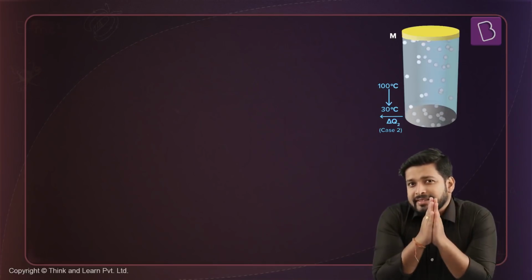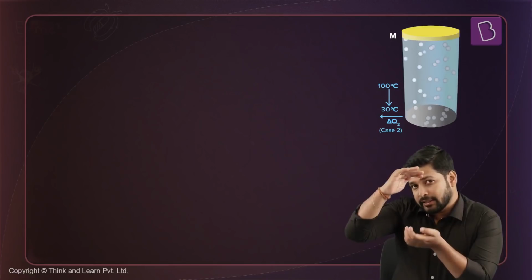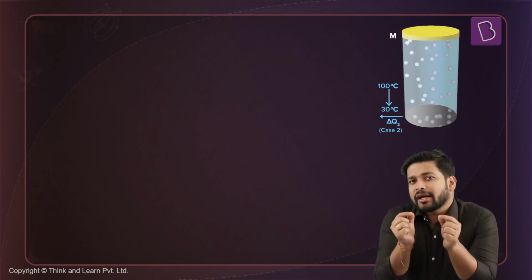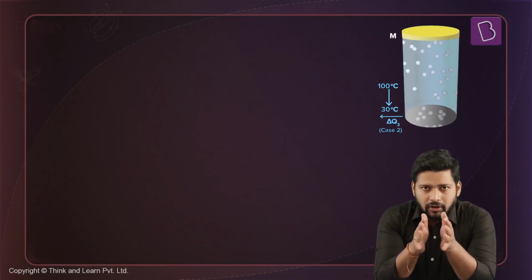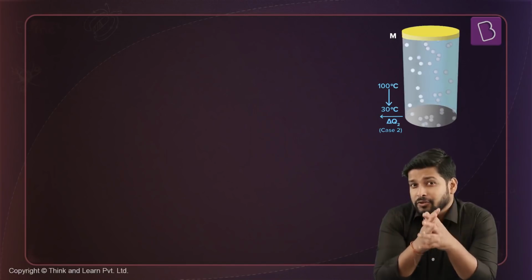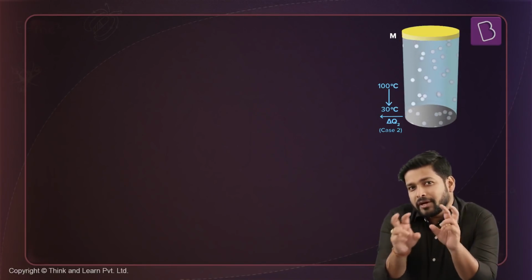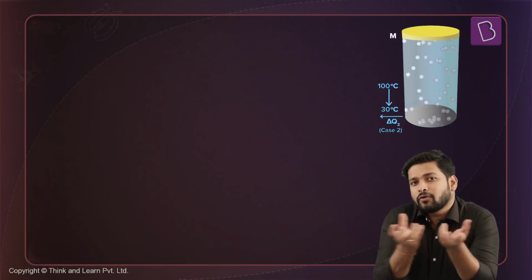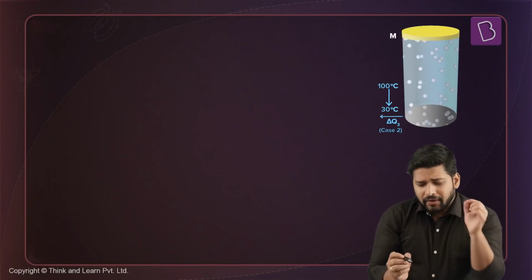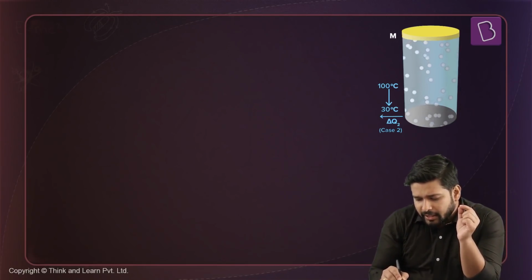So now in the second situation, the piston is already up there. The temperature of the gas is 100 degrees Celsius, and we are extracting heat, but we are not allowing the piston to move. Obviously, if we are not allowing the piston to move, the work done has to be zero, because displacement work is equal to P into delta V. And if the change in volume delta V is zero, then work done is going to be zero. So if I write the amount of heat coming out of this gas as, let us say, delta Q2,